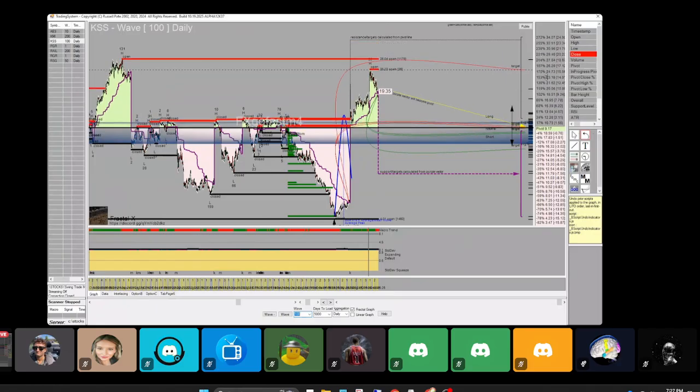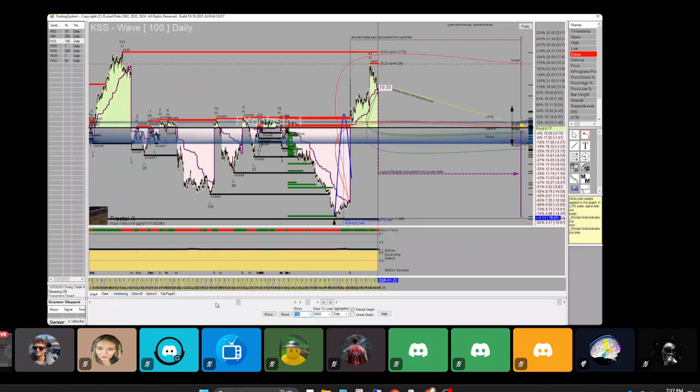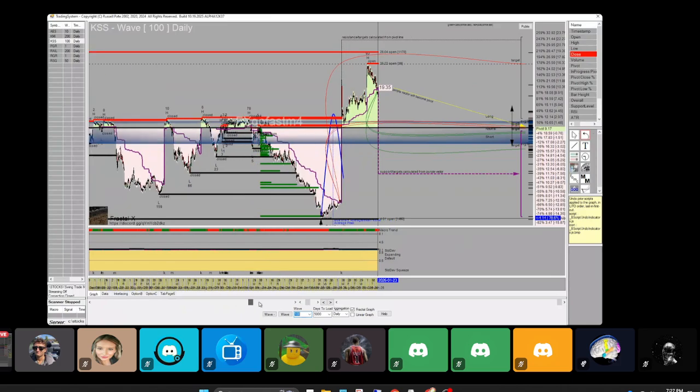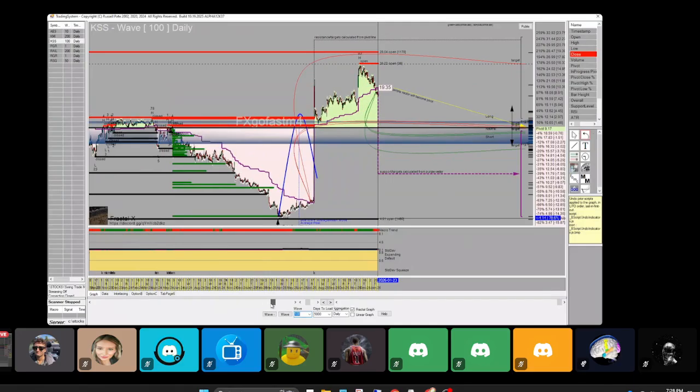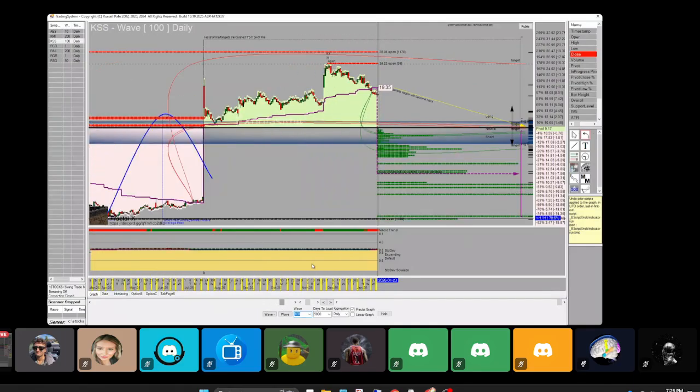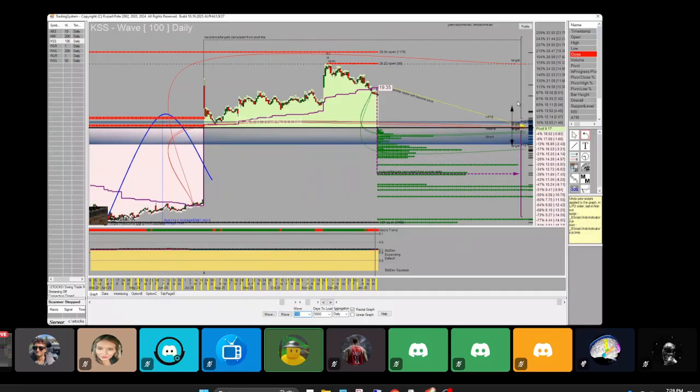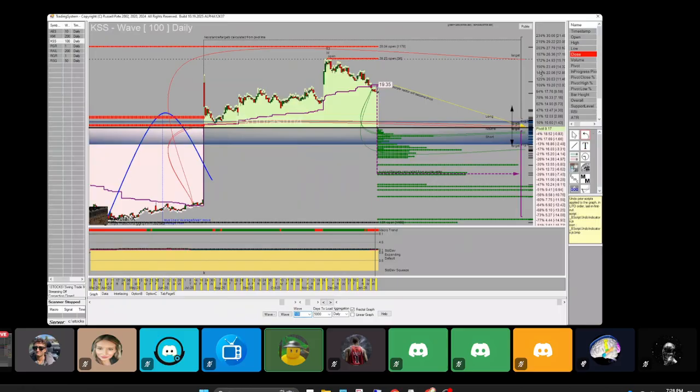So it broke below the purple vector a little bit, but that doesn't mean it's the end of the world, doesn't mean downside is inbound, because we can see that the purple vector is staircasing higher, now going sideways. So price will just make its mind up here soon. Something I'm noticing is that the imprint at 1735 seems to be prevalent on this wave already. That's why I like the imprint bands for the higher waves.